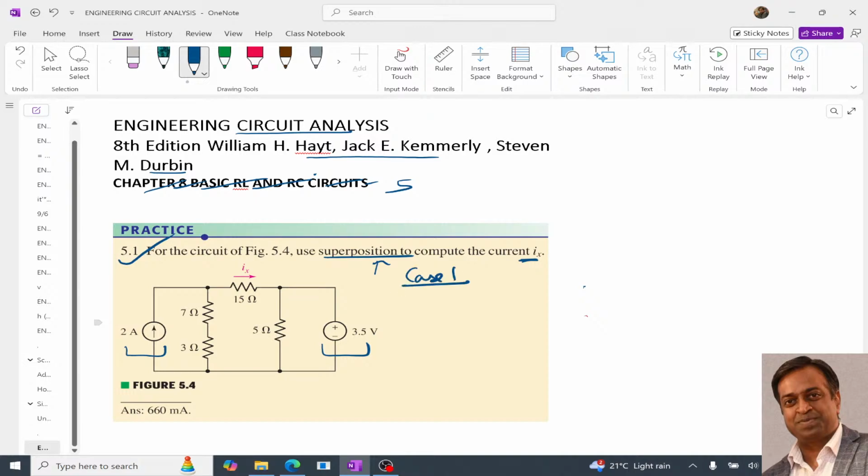Case 1, in which we are going to keep this 2 ampere source as active and the other as deactive. And in the second case, we are going to keep this 3.5 volt source as active and the 2 ampere will be deactivated, right? So in case 1, if I draw the circuit for case 1, we keep this 2 ampere as active,